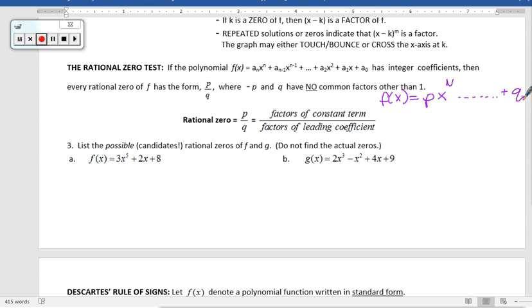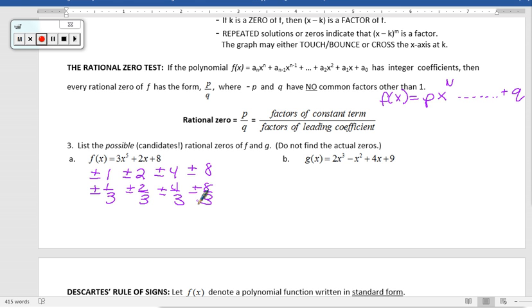And the way I do this is first I take all the possible factors of 8. So that'd be plus or minus 1, plus or minus 2, plus or minus 4, plus or minus 8. And then I'm going to divide that by all the factors of 3. Obviously 1 is a factor of 3. If I divide any of these by 1, we get the same, so I don't need to repeat that. And now I'm going to divide them each by 3. So other options are plus and minus 1/3, plus and minus 2/3, plus and minus 4/3,